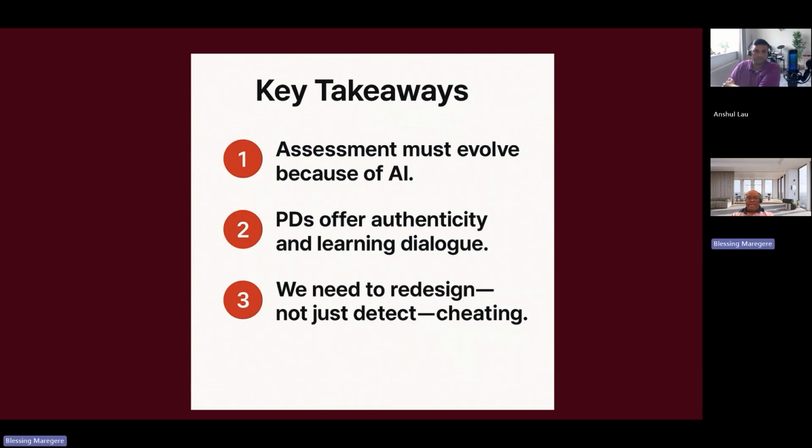Okay, and finally, these are the key takeaways that I would like to share with you and encourage you to reimagine assessment as we know it. As we face the generative AI revolution, as I said, it has its own benefits and challenges, but let's not fall into the panic of policing and actually identifying cheating in assessments. But let's reimagine how we hear, see, and know that learning has happened, and dialogic assessment can be part of